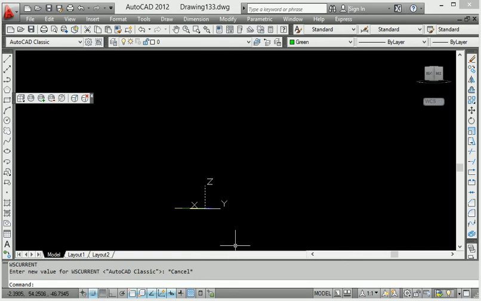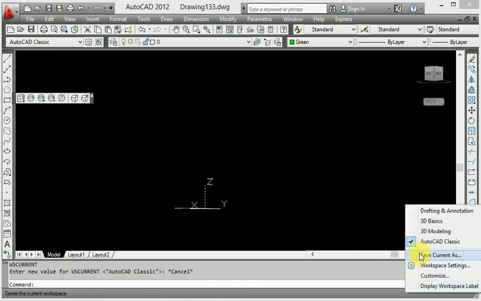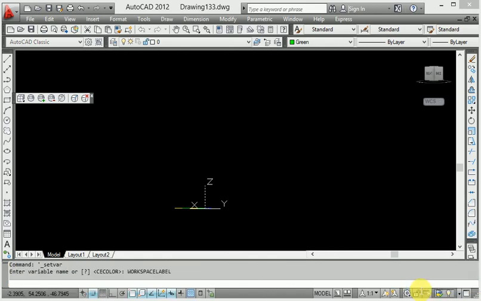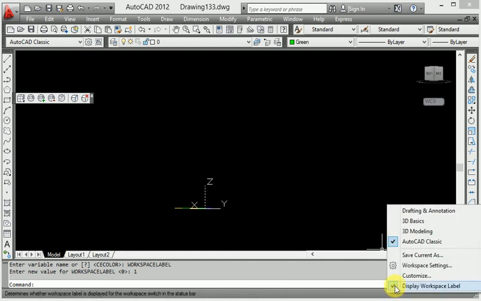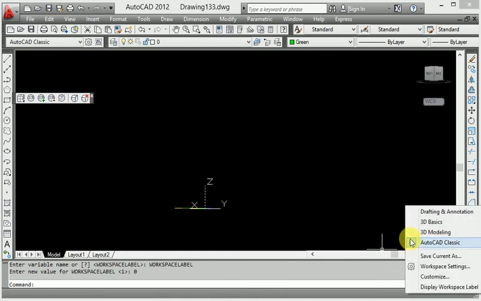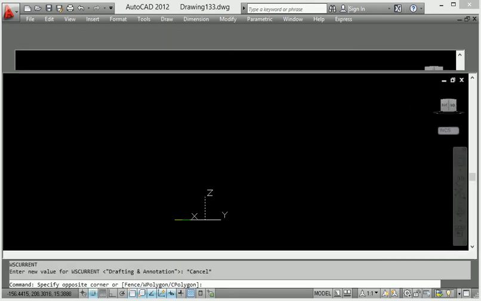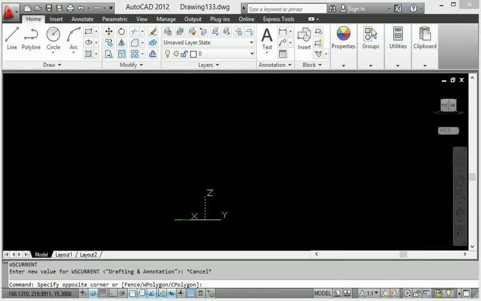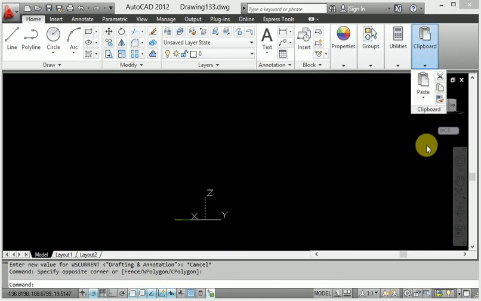When you again switch to another one, right now it is classic AutoCAD. When you again switch to another workspace, here is the display workspace label, and other than that we will switch to drafting and annotation. Drafting and annotation is very useful for AutoCAD.